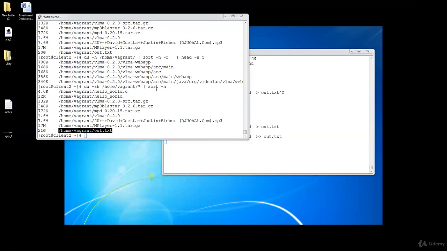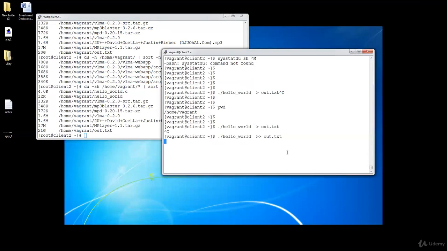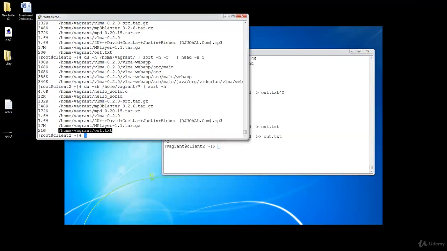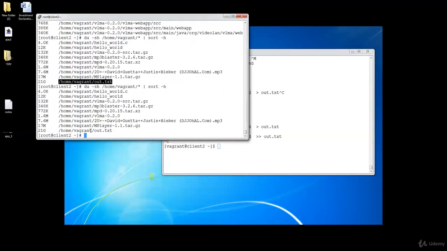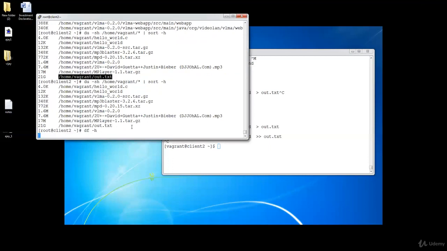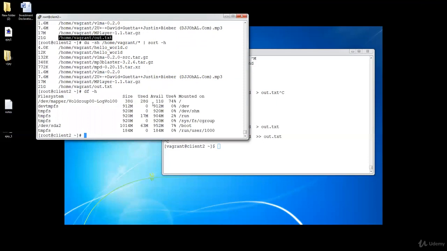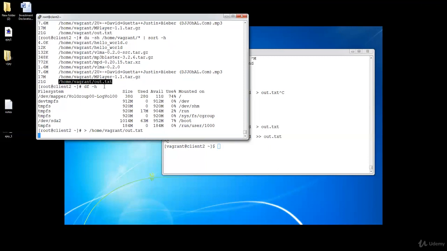So let's say, for example, once we stop the script, what can we do with this file? Now it's showing us this is 21 GB, and if we type df -h, it's showing us the space consumed is around 28 GB, right? So we can directly go and just nullify this file, copy the path, and it will just clean the file, right?